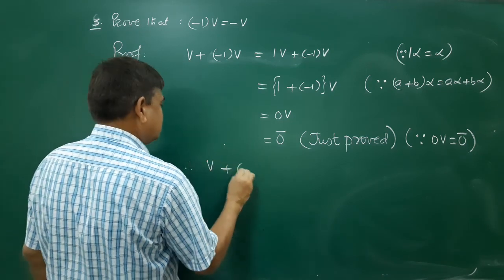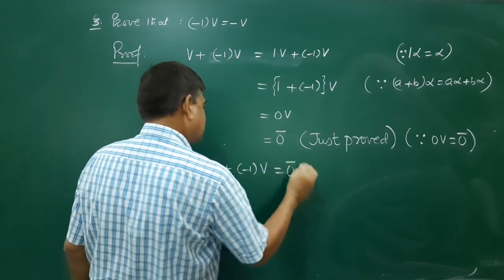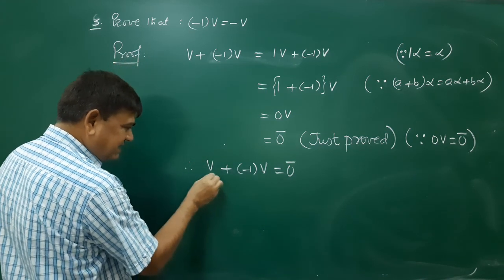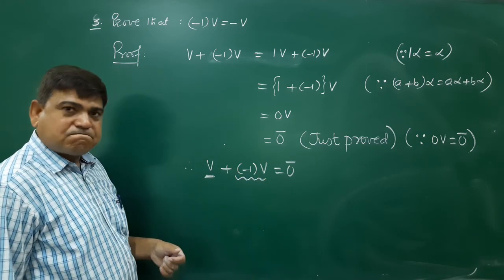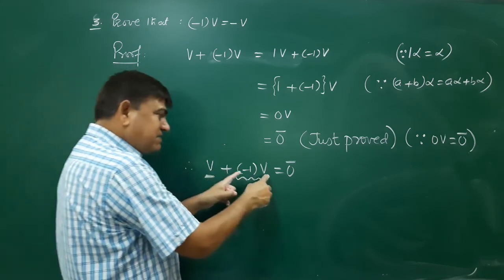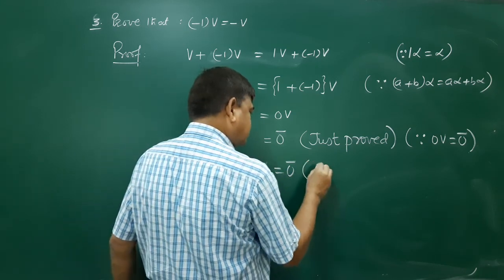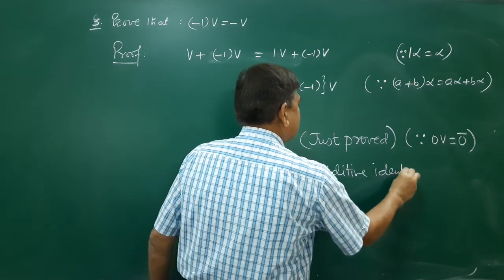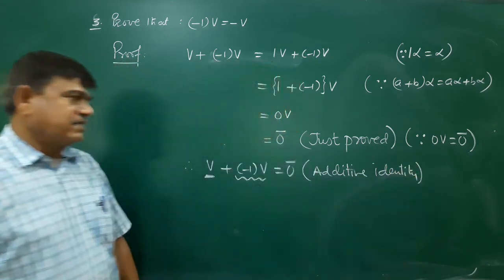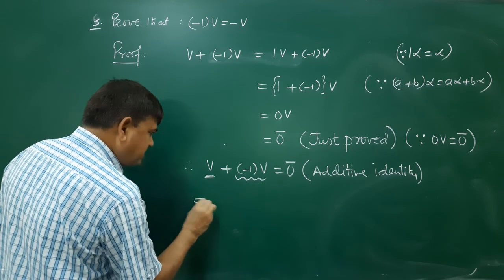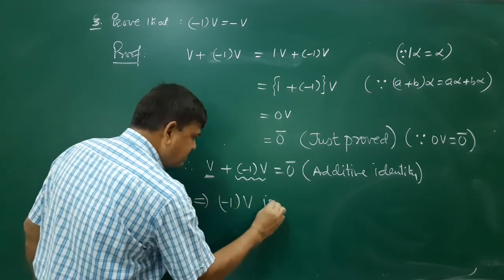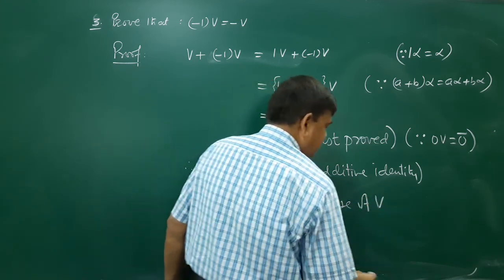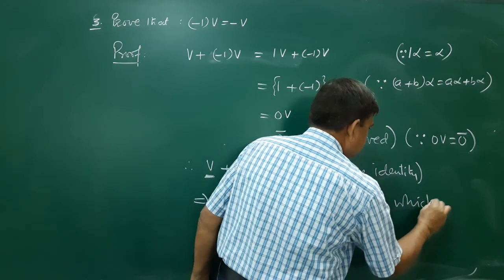Therefore, what will happen? This is a vector quantity. This is also a vector quantity. This plus this is the identity. So by definition, this implies minus 1 V is the inverse of V, which is